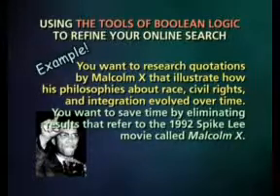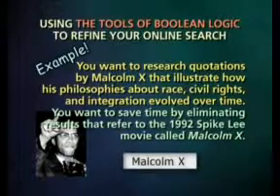the 1992 Spike Lee movie, also called Malcolm X. If you do a quick, rough search using a search engine and just enter Malcolm X, you'll find many, many websites that deal with Spike Lee's movie, and those are just going to distract you from your real focus. So how could we combine the techniques that we've learned so far to submit an appropriate query to a Boolean